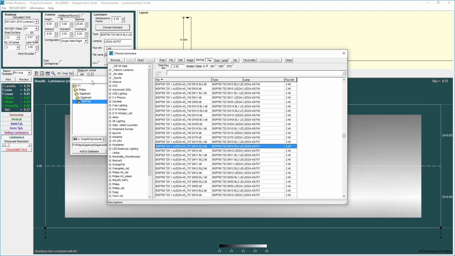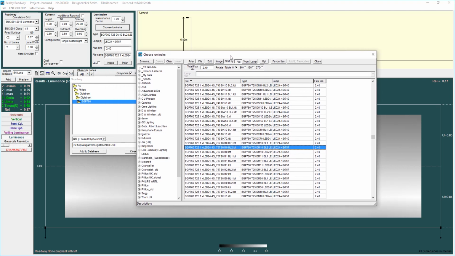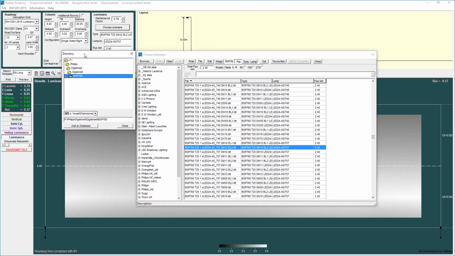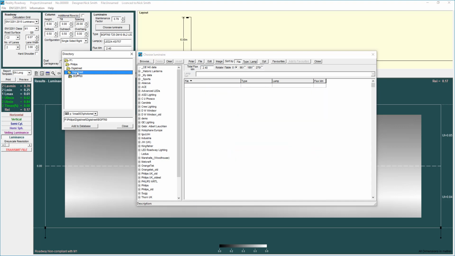But this may be a product that you want to come back and use over and over again, and there's a couple of ways that we can get around that problem. Obviously you can browse to it each time, but then that can get a bit laborious if you're using the same product over and over again. So what we can do is go to a particular folder,